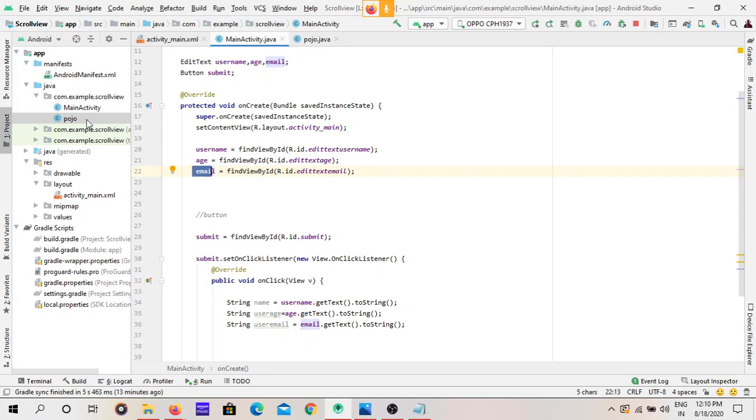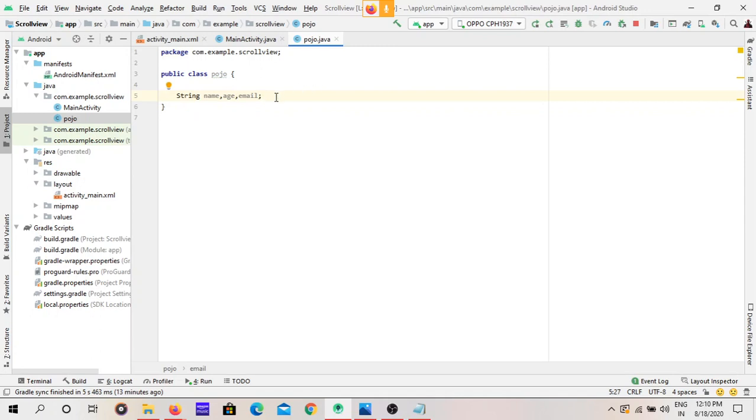Now go to the POJO class. It is like a helper class. It will help us keep every piece of data in a container, and it will return that container. In our case, it will take username, age and email and store them in one box. When we create an object of this class, it will return that whole box, that whole data, at a time. That's why it is very important in Java. Now see, it is taking name, age, email. Here name means username, user age, email.